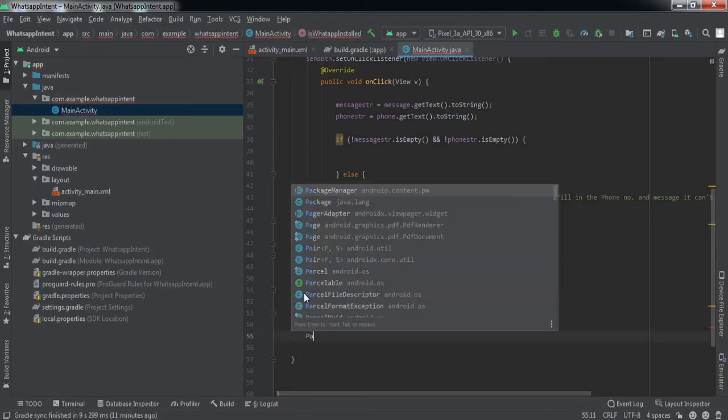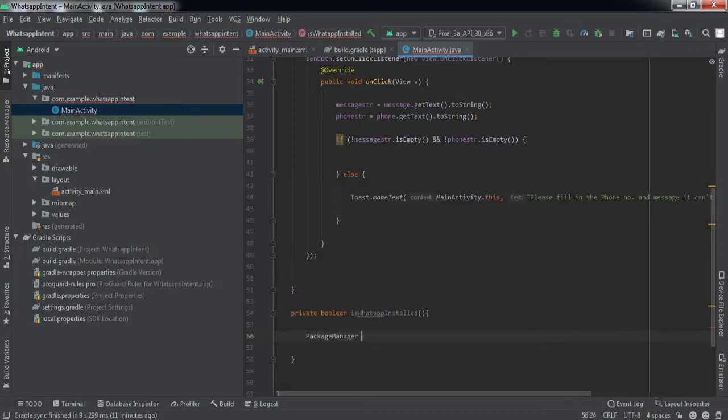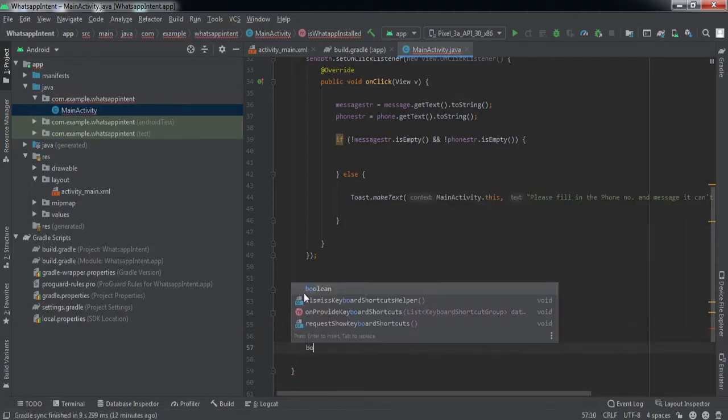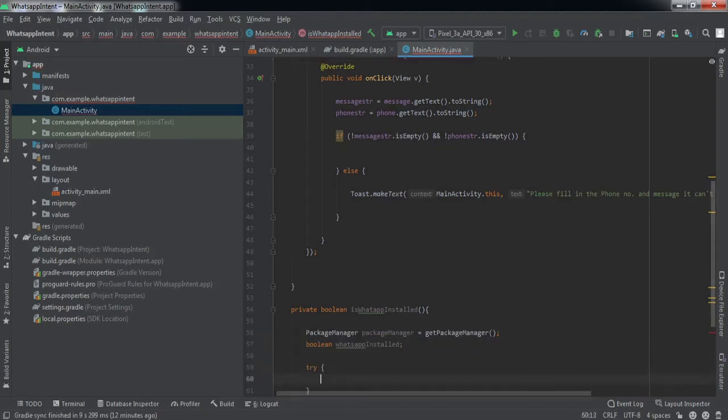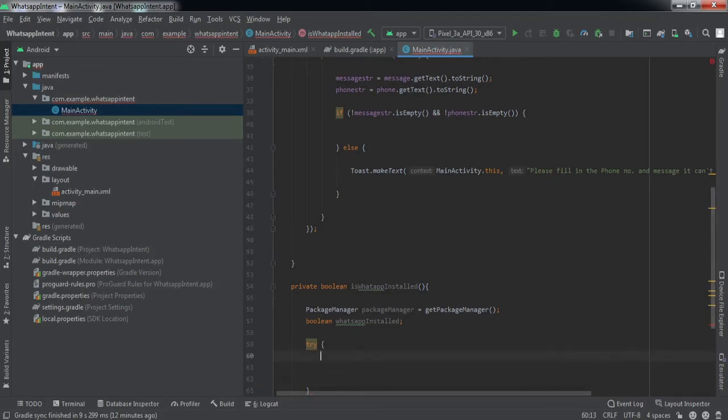We'll make a package manager object, sorry, of that. A Boolean variable whatsappInstalled, and inside this try